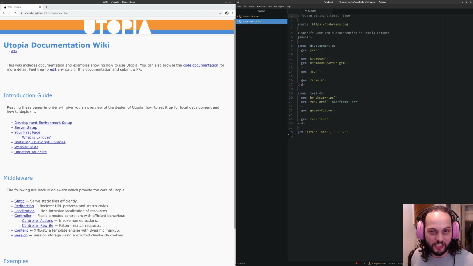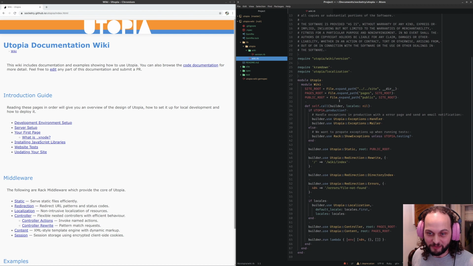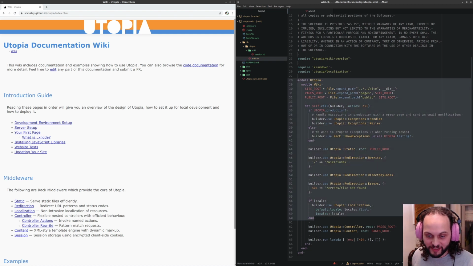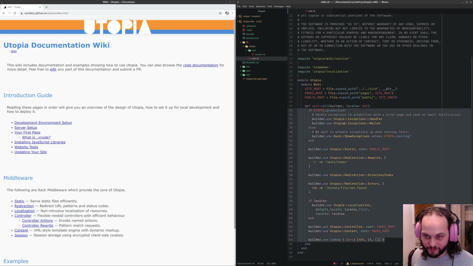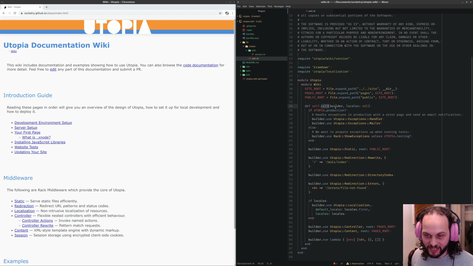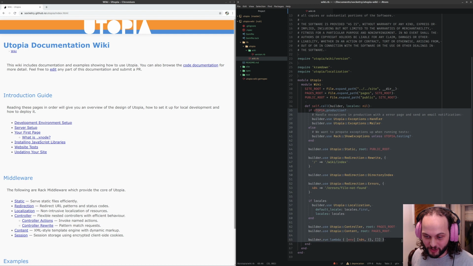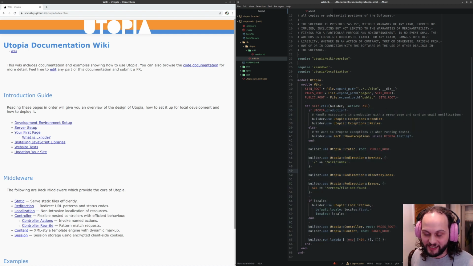So what I've got here is I've made a new gem called Utopia-Wiki. And what I've chucked in here is actually a config.ru type setup. So basically it's a method that takes a builder and then it will put together all the middleware required to make that work. And in particular, it pulls out